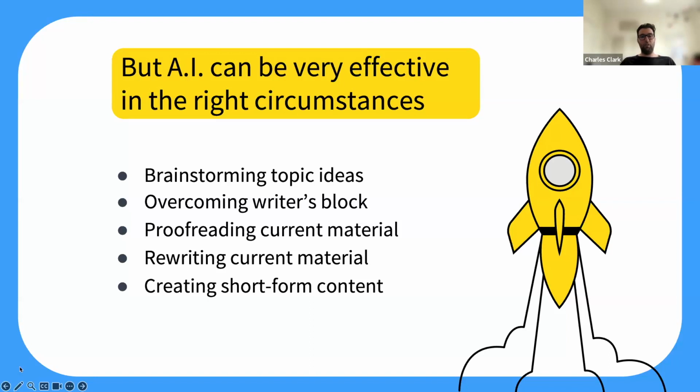Again, rewriting current material. A classic one, and one that we'll show a little bit later on, is that you may have a piece of content and say, look, I want to change the tone because we'd like to have a little bit more formal tone than the one in the current article. Or maybe you want to make it more engaging, or maybe you'd like to summarize something. AI is perfect at all of this because it's basically taking content that is there, that is correct if there in fact are factual elements in there, and you're just asking it to use its natural language programming